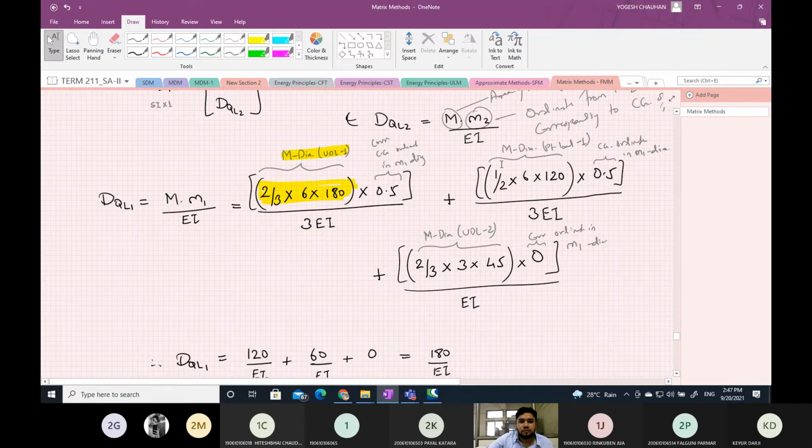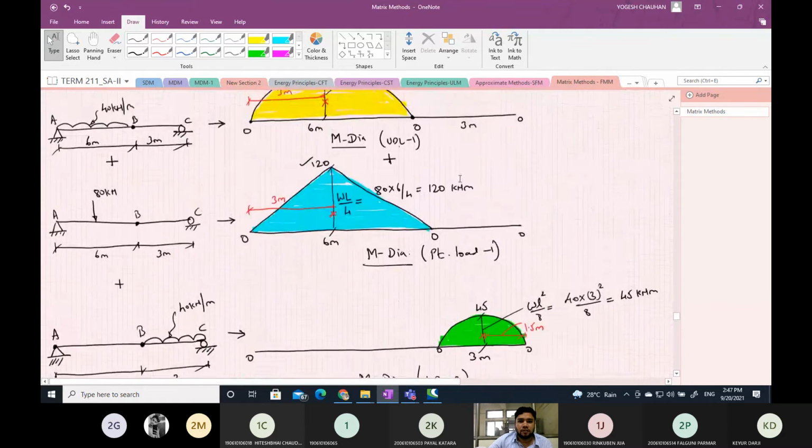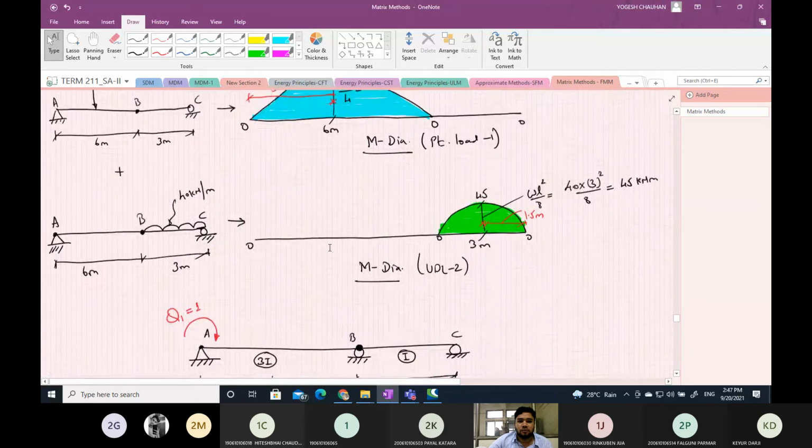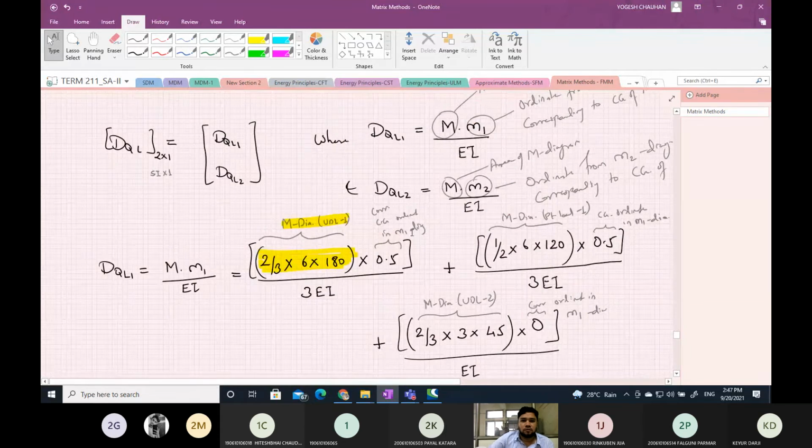For this, you have to take the area of this point load hatched in blue. So take the MT1 area, and for the third segment